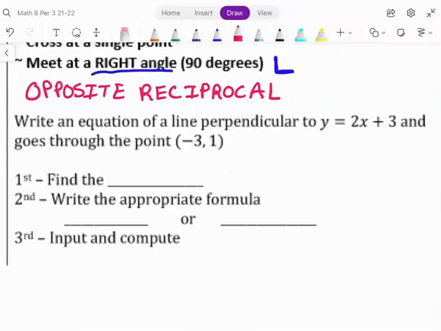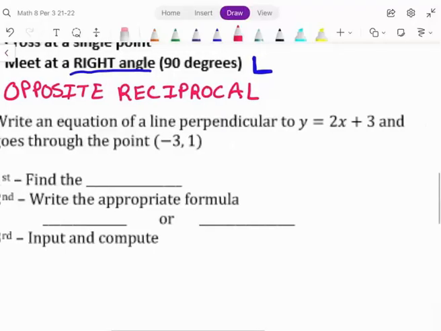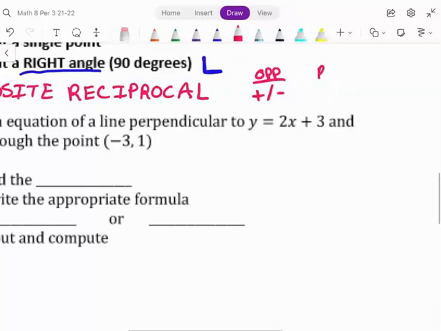All right, so opposite. What does opposite mean? If we're dealing with opposites, we have positive and negative. So if it starts out negative, it means you change it to a positive. If it starts out positive, you change it to a negative. Okay? Reciprocal